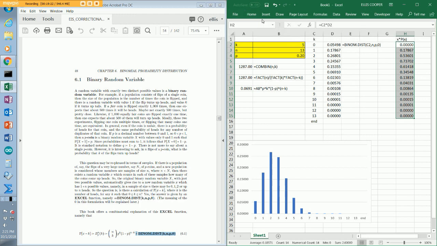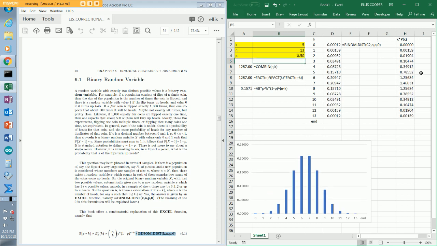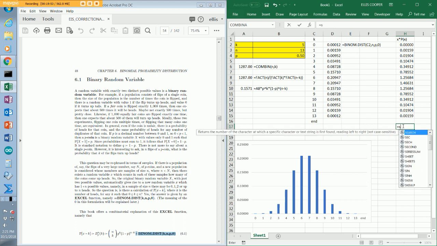Very interesting. By the way, for a fair coin, let's make it a fair coin to begin with, you get back your symmetrical picture, and these numbers are now symmetrical. What I want to do is add them together, because I said the formula for calculating the mean of a random variable, if you know the probabilities of the distinct values, is just multiply the probability times the distinct value and add them all together. So, okay, I'm going to go equal SUM, uppercase SUM, open paren, add these together,